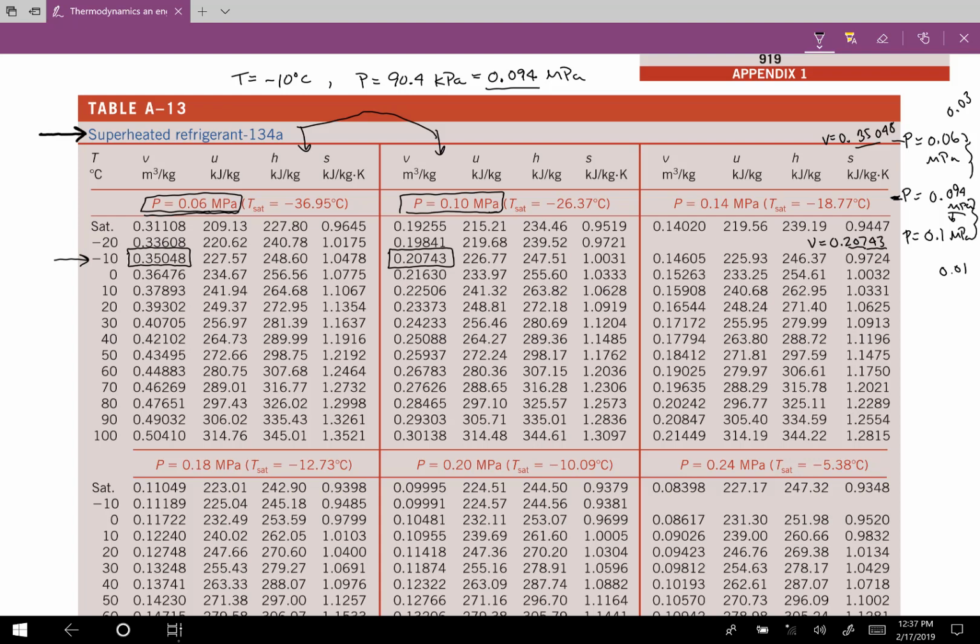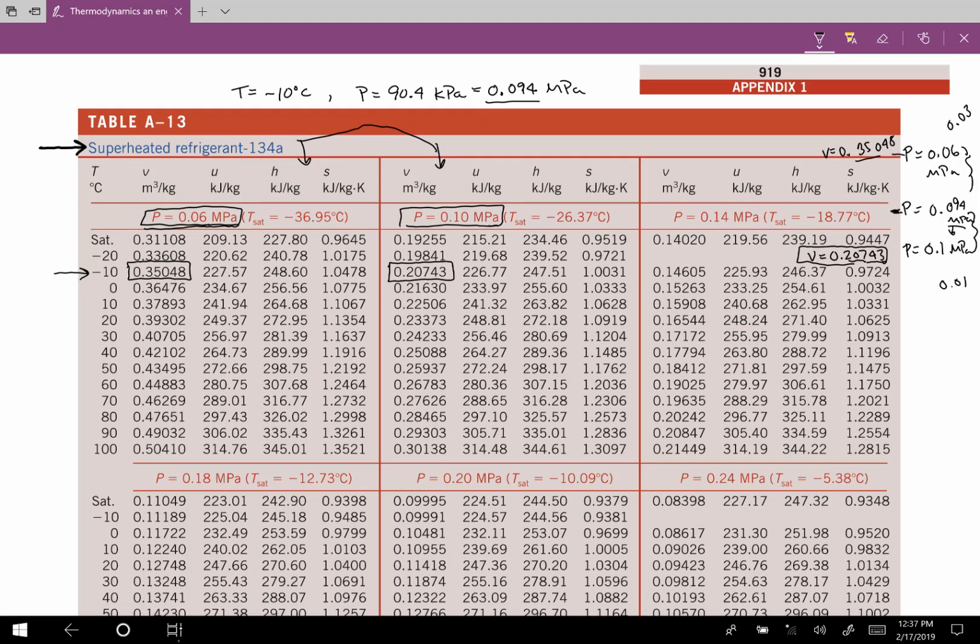So what we can do is just kind of eyeball this and come up with something closer to this specific volume. That's not going to be super exact, but if you just need something quickly, that's probably good enough. A couple other ways that you can do this is probably the most exact way is to look at a